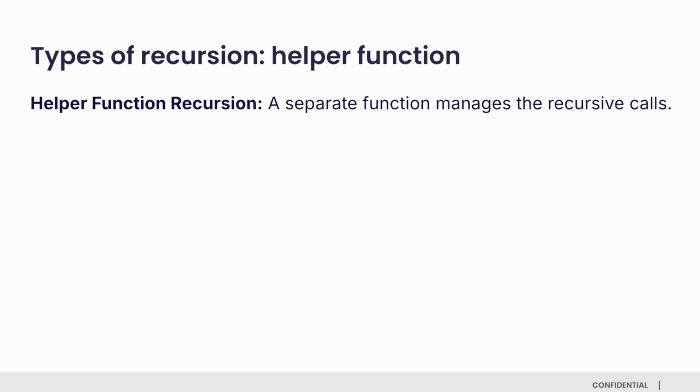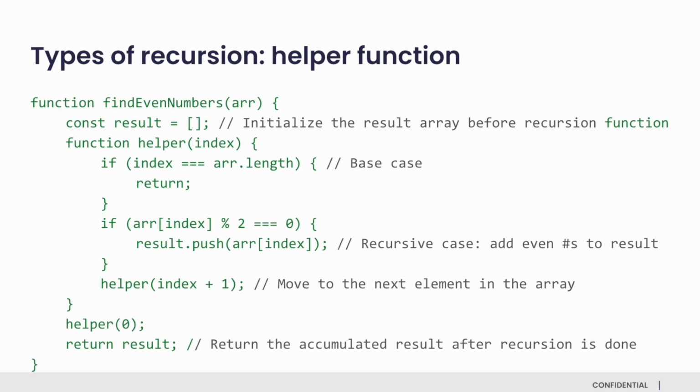Sometimes it's useful to have an external function that's managing the recursive calls and keeping track of state. This is often called a helper function. Let's take a look at an example. In this example, we want to find all even numbers in an array and add them to a result array